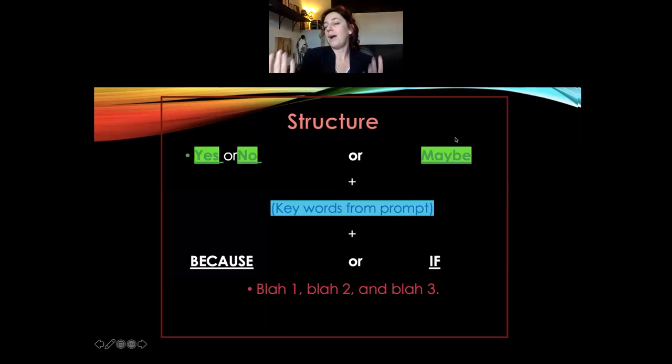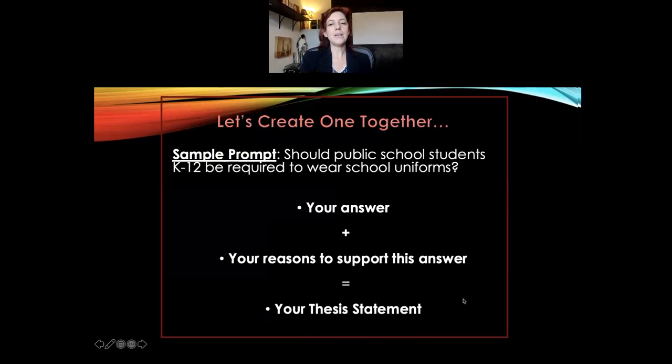And if I said perhaps or maybe, then I would say, maybe we should legalize marijuana if, and then I would list my conditions, whatever those are. So if you